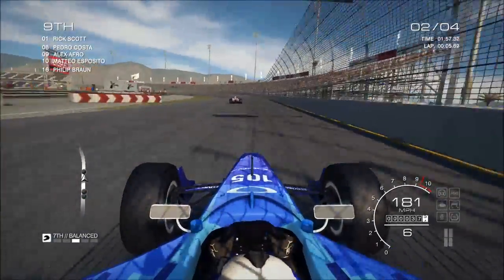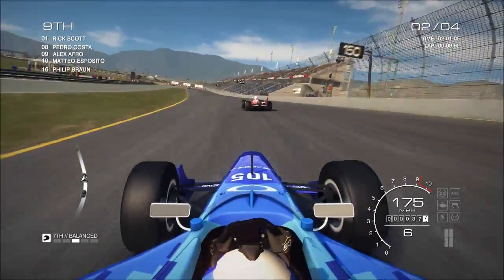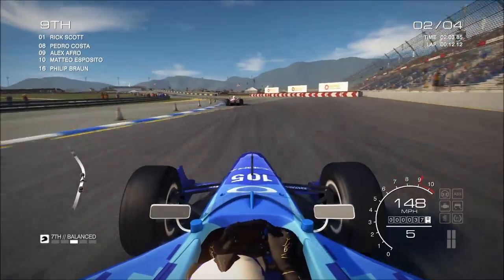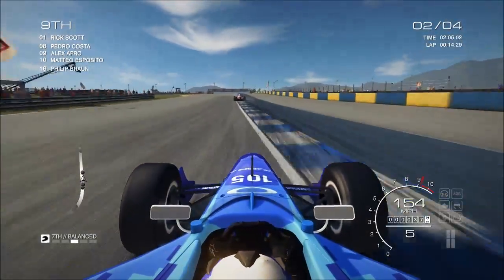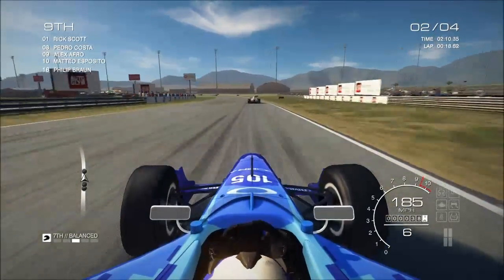This guy hasn't got a rear wing. Is he going to end up spinning out? Is it realistic to that? It's cool to see them have this. Why can't F1 have that? Have like the rear wing damage and still be able to drive round. Maybe they're not allowed to do it in the licensing, but